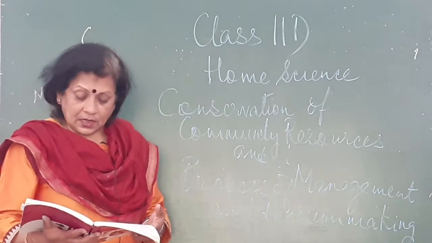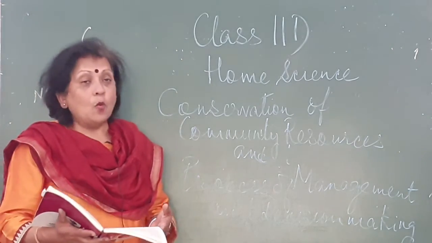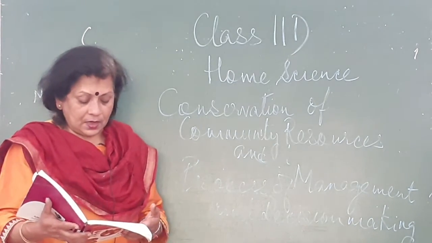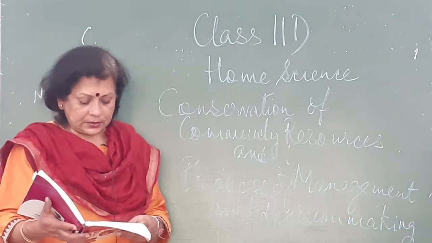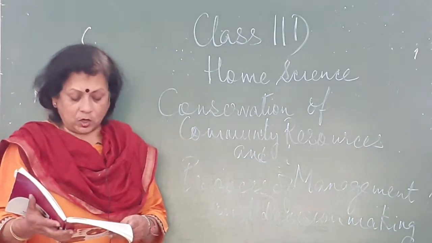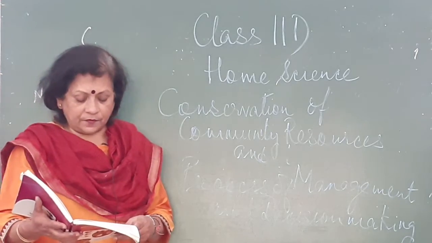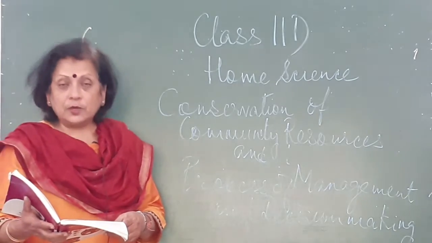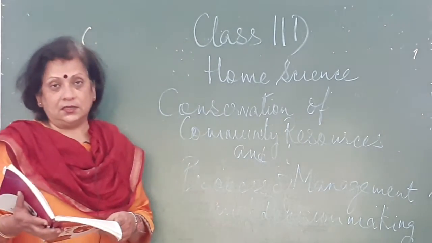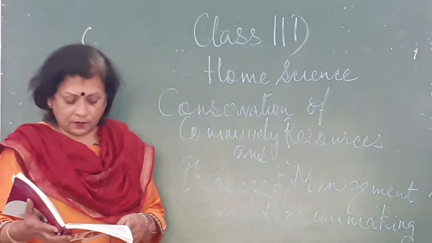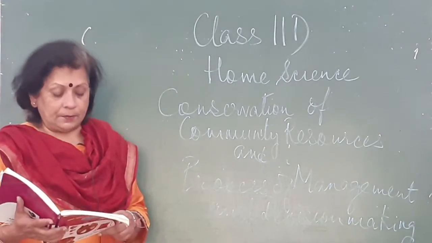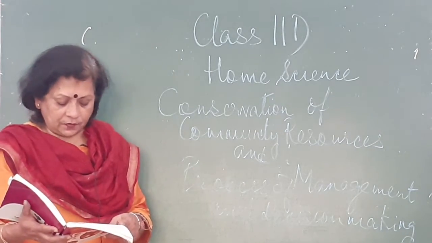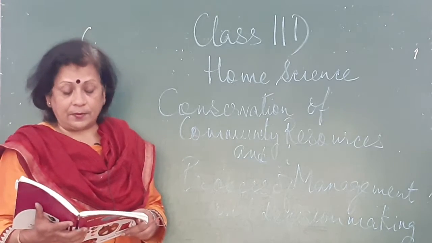Followed by that, the next step is organizing. Once the plan has been finalized, we need to carry on to the next step, that is how we are going to organize. That is the process of combining and coordinating the work of the different family members along with the resources of the family. How the plan that we have thought of is to be carried on with the help of the different family members and the quantity of resources that is owned by a family.